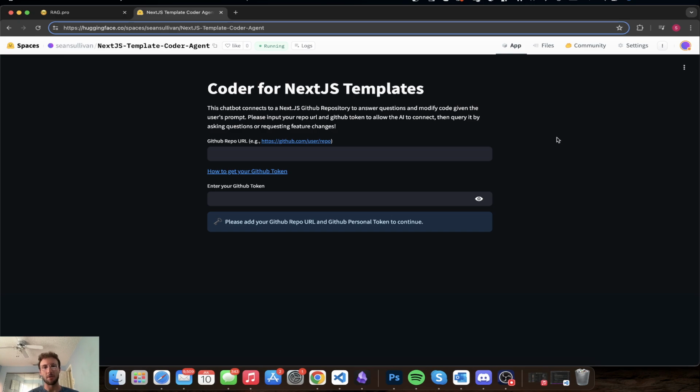So for people that don't know how to code, they can just easily deploy a Next.js Vercel template and put in the URL here, put in their GitHub token, and then prompt the LLM to make changes to their template for them. So it gives you the flexibility of an entire website that's made completely out of code rather than a no code tool. And for no cost other than the token cost, compared to what's available out there right now,